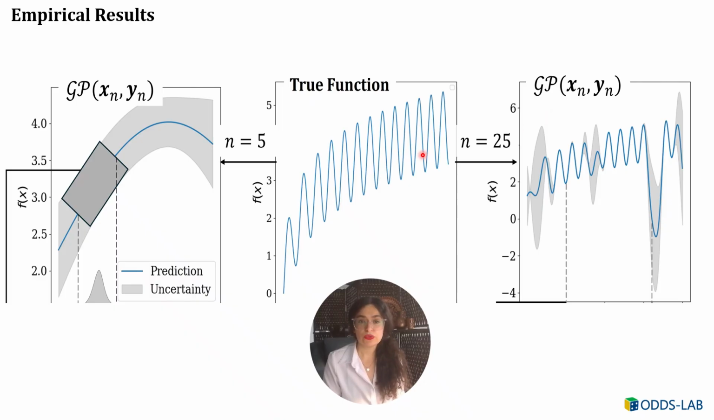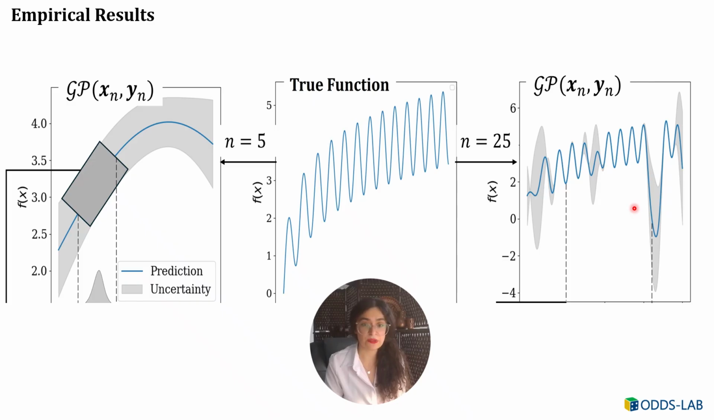By using 5 samples, which is apparently not enough, we were not able to capture the oscillation. The GP was recognizing this oscillation as noise. As you can see here, we end up with a smooth mean value and a wide confidence band. However, by increasing the number of samples to 25, to some extent, we were able to